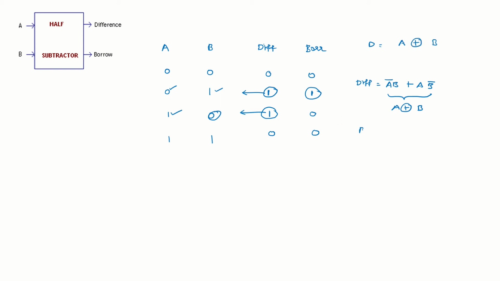But borrow is yet to be completed, right? Let's go ahead with borrow. This is the only field that is up, and you can see that here it is A bar and B. That's all. Borrow is A bar B. Finished. Now it is our duty to build the digital logic circuit. I'm going to design the circuit right now. Since the space is required, I'm clearing it off. I hope you are clear with the truth table and the way I have derived the expressions for half subtractor.